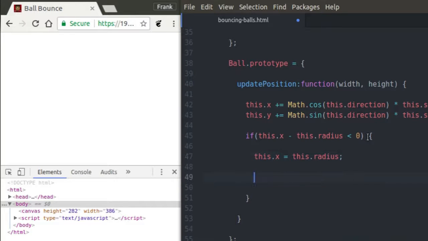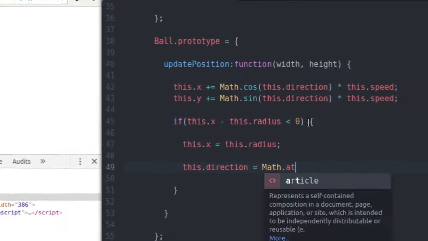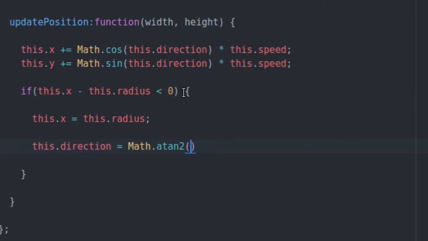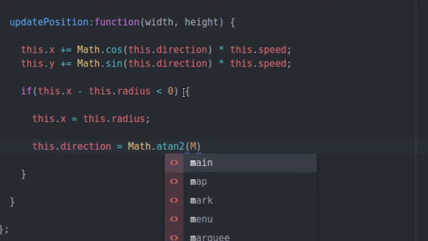It's not as simple as just reversing the x velocity or the y velocity to have a change in direction. You actually have to convert from polar to Cartesian, do the flip on the axis, multiply by -1, and then plug it all back in and get the polar coordinates again and reset direction. So what I'm going to do is I'm going to use math.atan2. So I'm going to say this.direction equals math.atan2, and that's going to convert my Cartesian coordinates back into polar coordinates. And then for the y value, I'm going to say